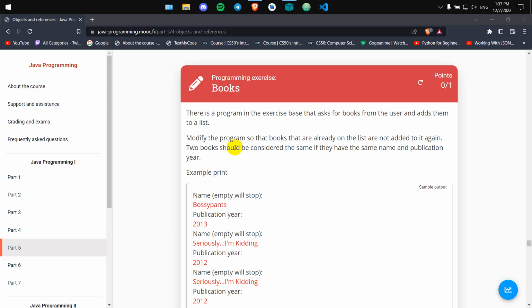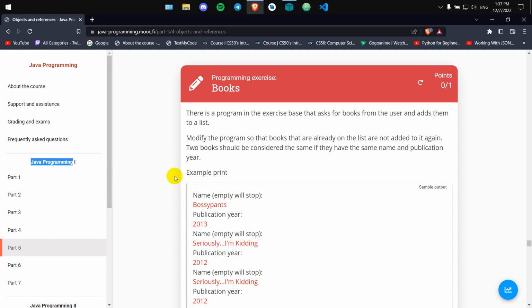This is the solution to the Java MOOC course, Java programming. First part, programming exercise 5:14, named Books. The programming exercise asks us that there is a program in the Excel space that asks for